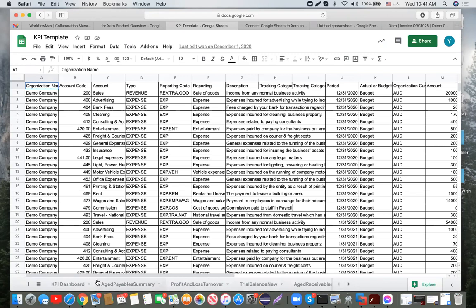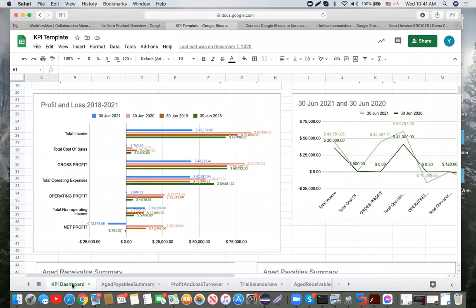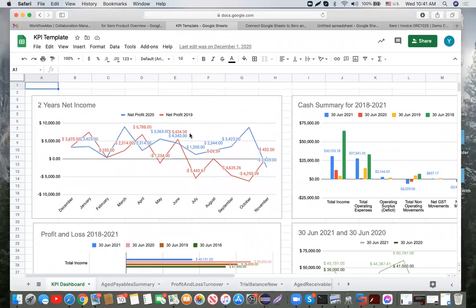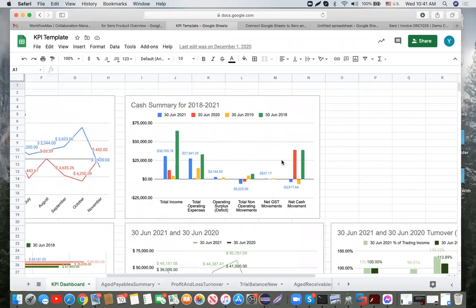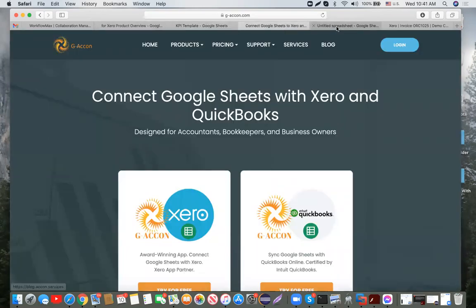And if you would like to use Google Charts for your BI solution, this is how it can look for your client. This is P&L for 4 years. This is 2 years net income. This is cash summary, based on the data. So what happens? You automate the process, you refresh the data, and your numbers will change. So this will be dynamically updated data. And this is how it looks in